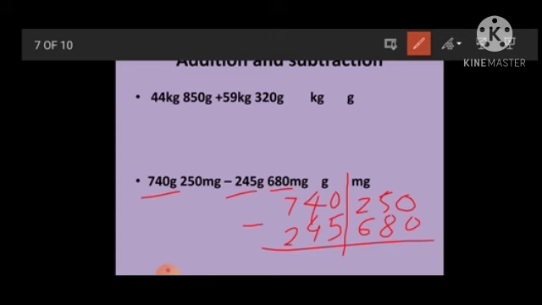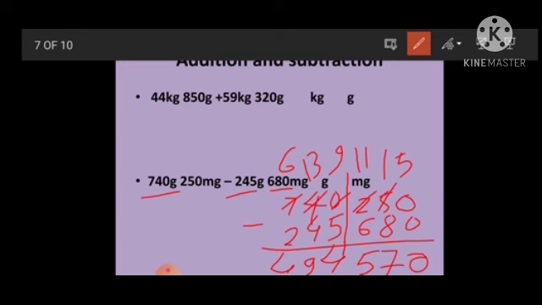So we subtract them. 0 minus 0, 0. 5 minus 8, is it possible? No. We will write here 15 and here 1. 15 minus 8, 7. Now 1 minus 6, is it possible? No. Then we will borrow here, 11. Now here 9, here 3, here 6. Okay. Now 11 minus 6, 5. 9 minus 5, 4. 13 minus 4, 9. 6 minus 2, 4. So